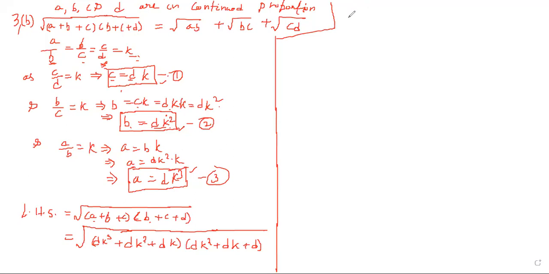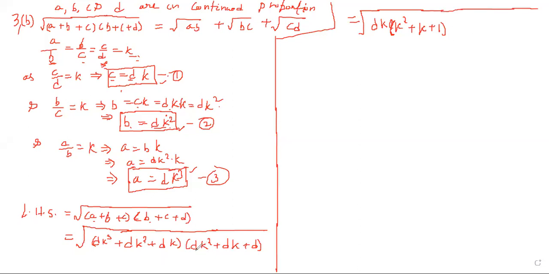So now, under root, anything that is common inside the bracket, in the first bracket, we observe D is common, K is also common. So we take DK common from the first bracket. So the first term DK cube upon DK is only, D and D cancel out, K cube by K is K square. Plus second term DK square upon DK, D and D cancel out, K square by K is K. Plus third term DK, and DK is already common, so K square plus K plus 1 inside the square root.